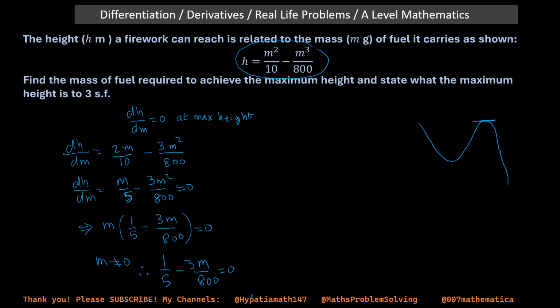From here we get 1/5 equals 3m/800, and then we can cancel it out. 5 times 160 is 800, so we get therefore m is 160 divided by 3, and that equals